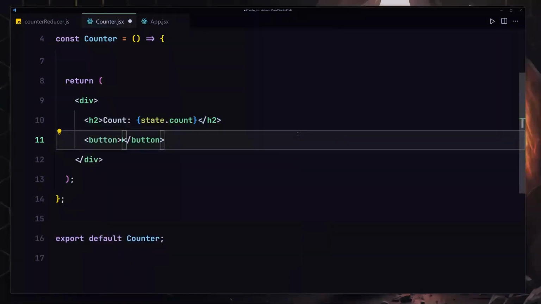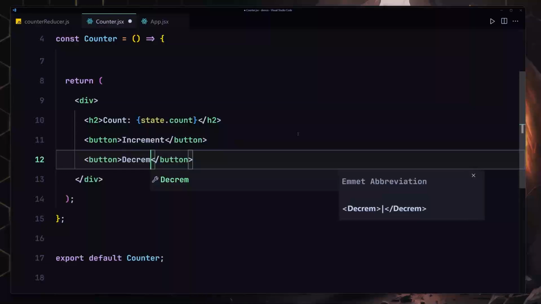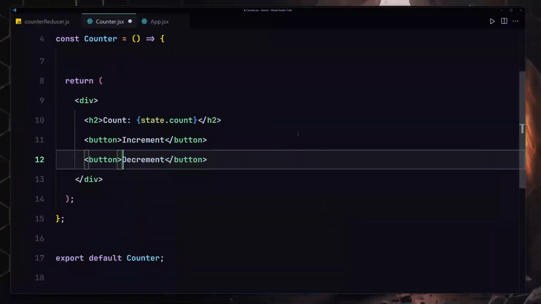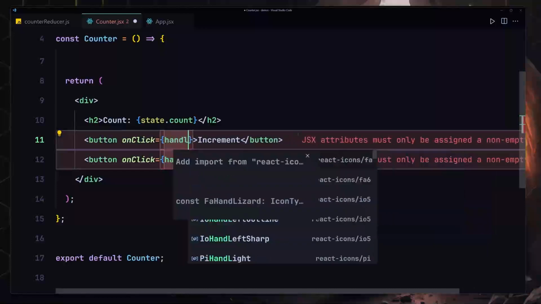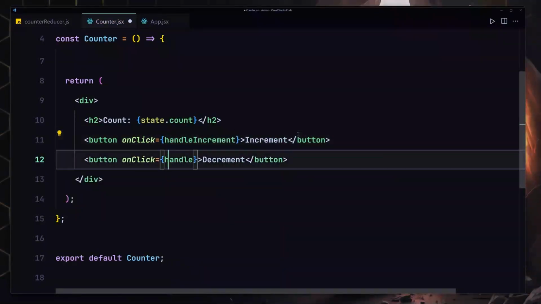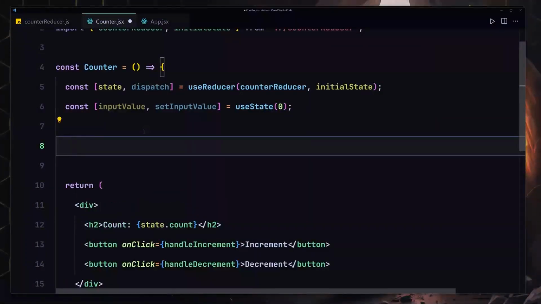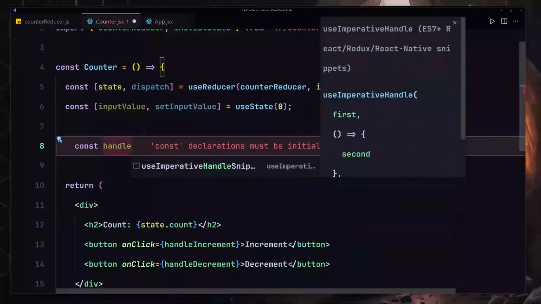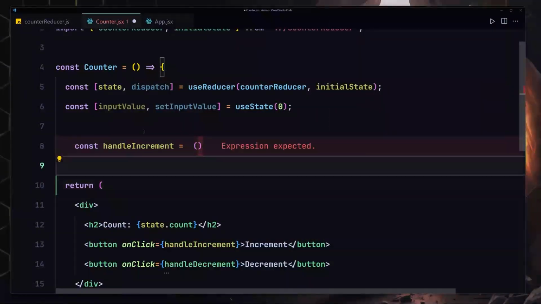So I'm going to be using a button, which will allow us to increment my counter, and another button which will allow us to decrement my counter. Okay, so I'm going to just write an onClick event handler. When somebody clicks there, we are going to be firing handleIncrement and also handleDecrement. Okay, and now let me create this function right here. We're not going to be doing anything crazy, but we are going to be creating handleIncrement,